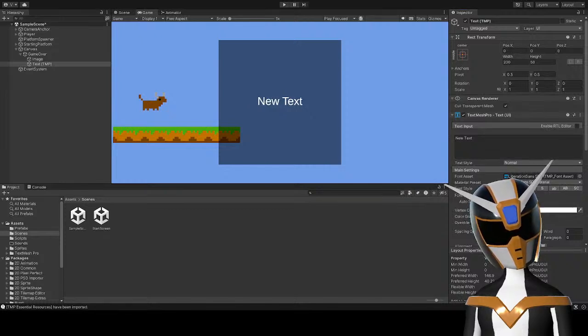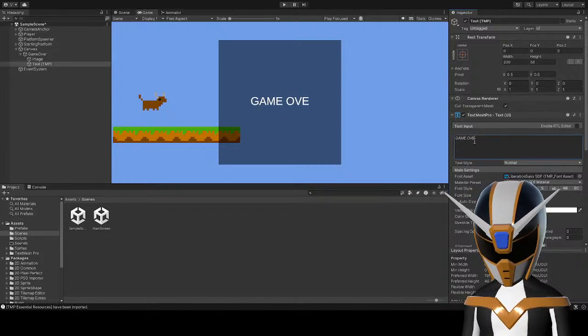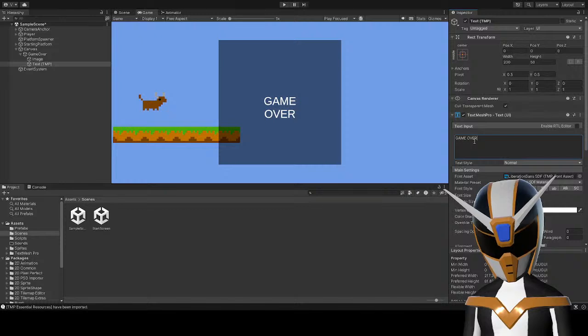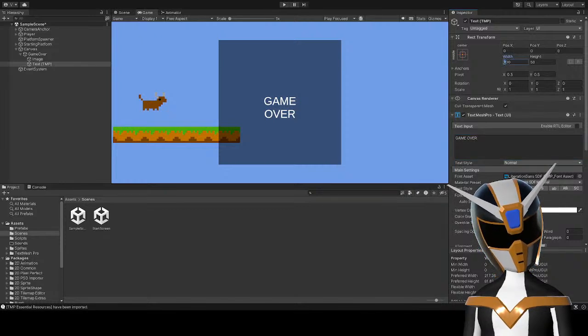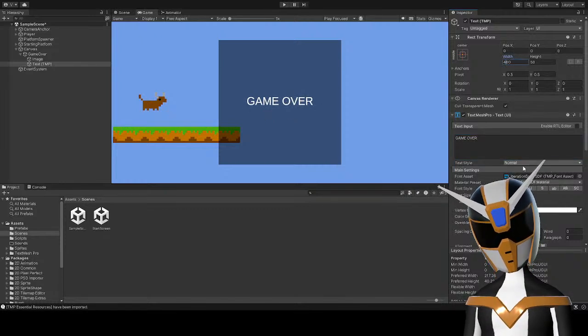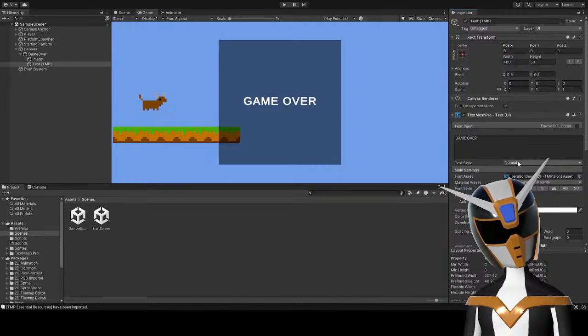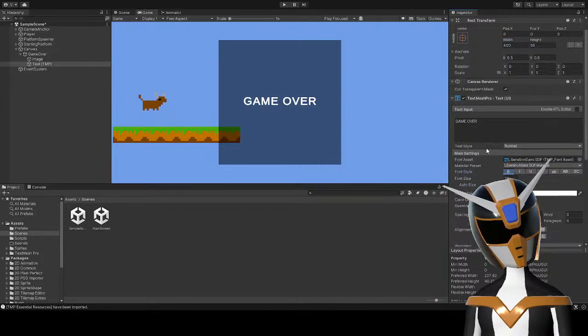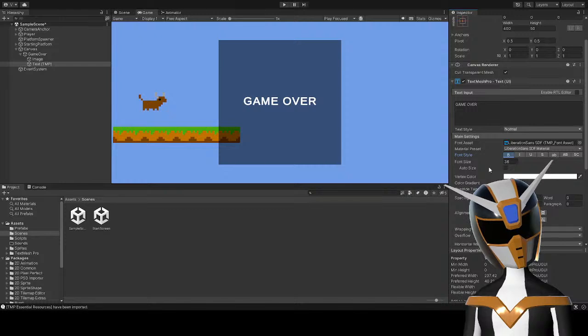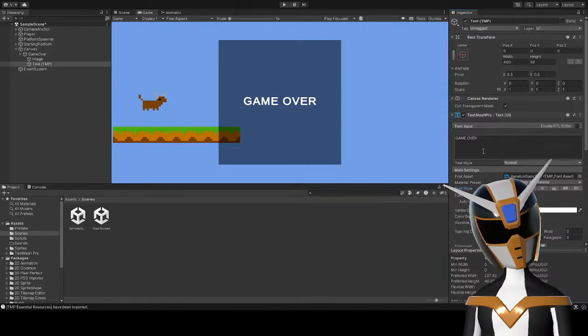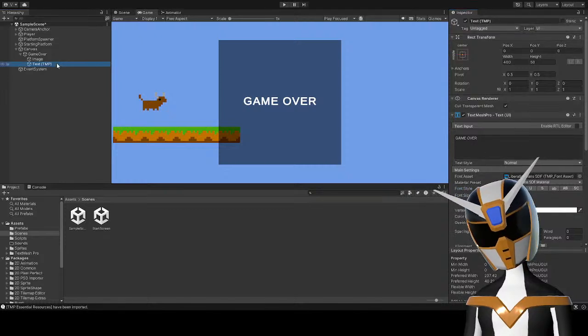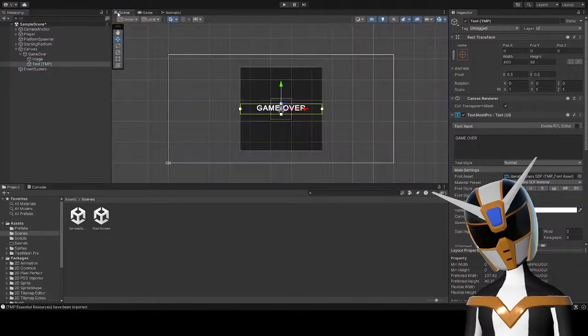I want it to be centered and say game over. Let's make it wider so it can fit on one line. Do I have any different fonts I can choose from right now? No, I'm gonna have to find a font later. But for now...